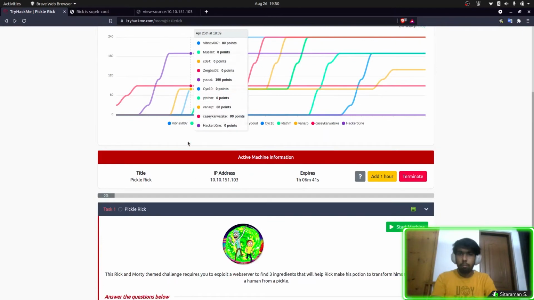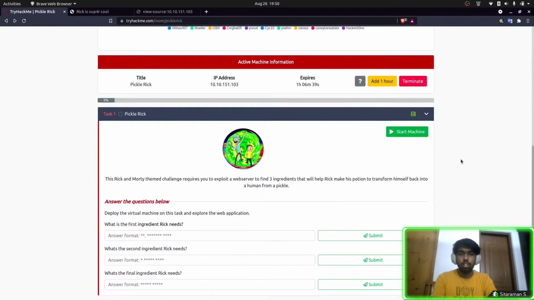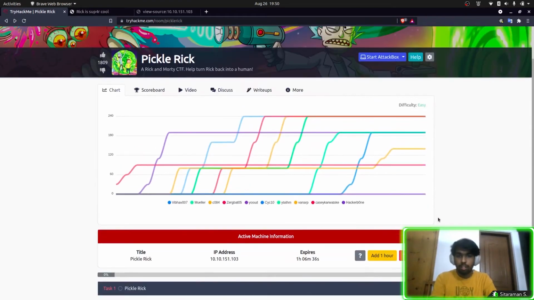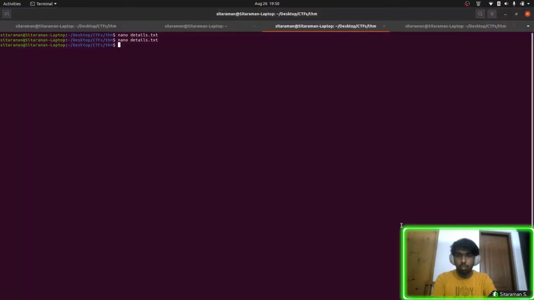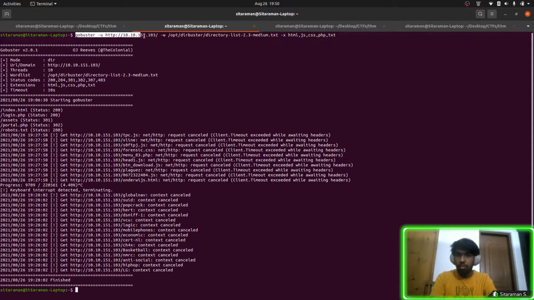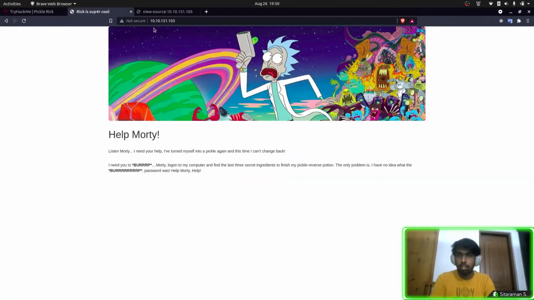Before starting the challenge, I saw that we had to use Dirbuster somewhere. I think it was written somewhere. So we're going to use Dirbuster, but there's another tool called GoBuster, which is pretty good at finding directories and stuff. I'll just run you through it. Just type gobuster. You have to install it first, so you can check out the installation guides. Just type gobuster, minus u. Minus u means a URL you have to provide.